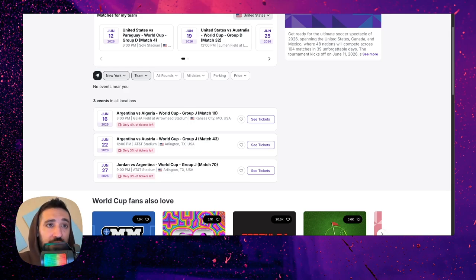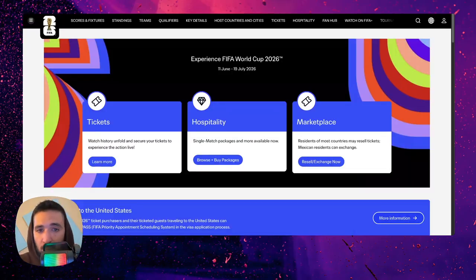I tried to do this with the official FIFA World Cup website, but the ticketing portal is completely locked down, and it's extremely hard to just go in there and browse offerings, especially the single ticket matches, due to the lottery phase that they're doing. So you can't just go in there and look for tickets. They have scheduled timings. You might end up in some sort of queue and spending 3 hours waiting just to get in. So it's not very convenient to do the simulation there.